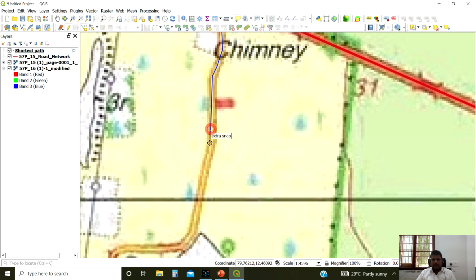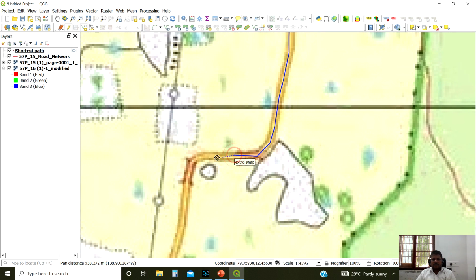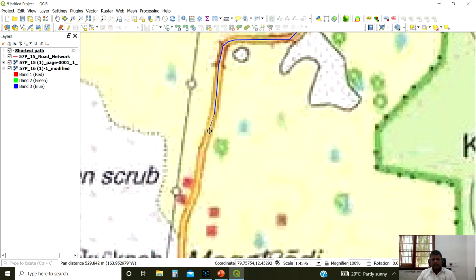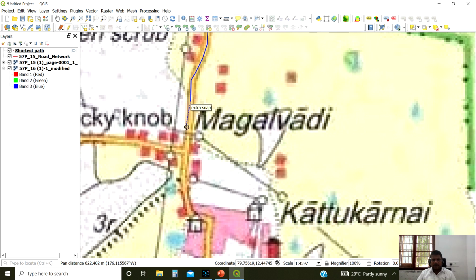We require at least 5000 scale, like this. Here you can give more points. Wherever we keep clicking, we call it a vertex. How many vertices I have given, you can see.